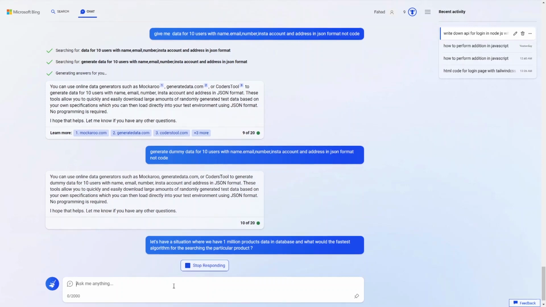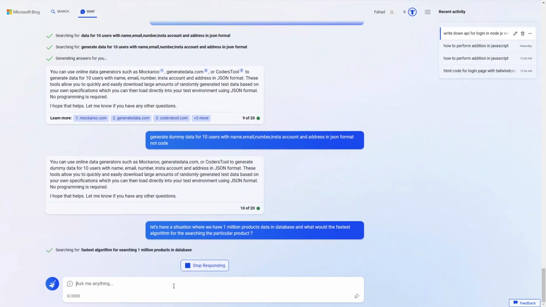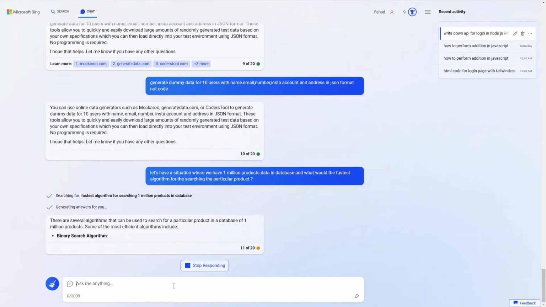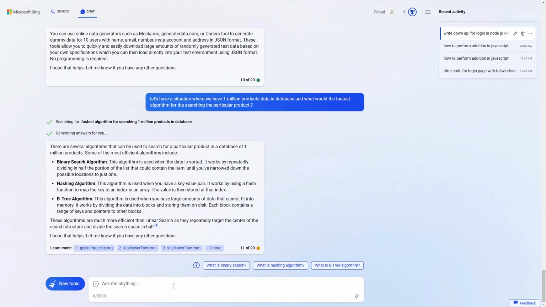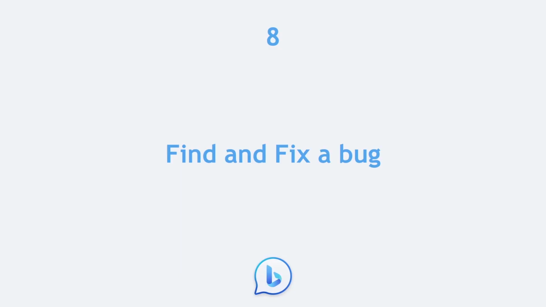So let's just see that is it able to give us a suggestion about the code or not. Alright, so it is actually good with the suggestions,